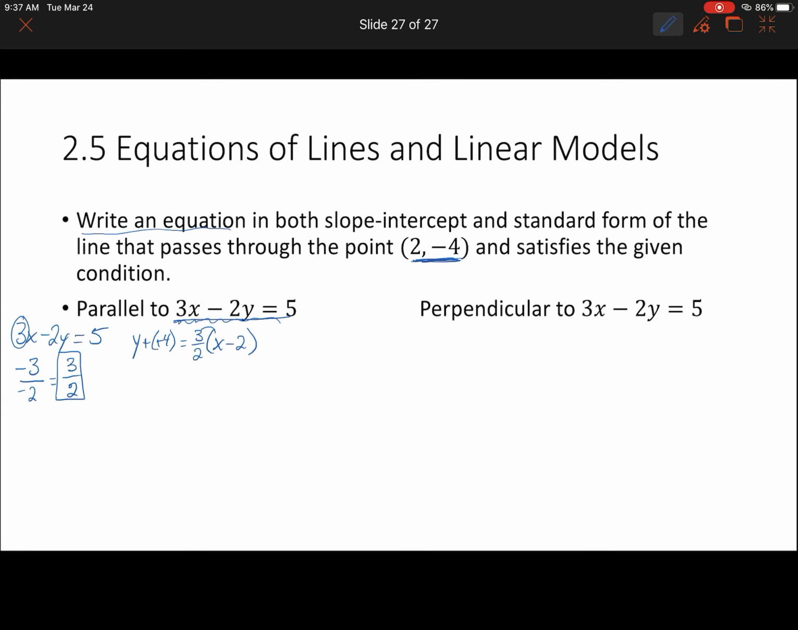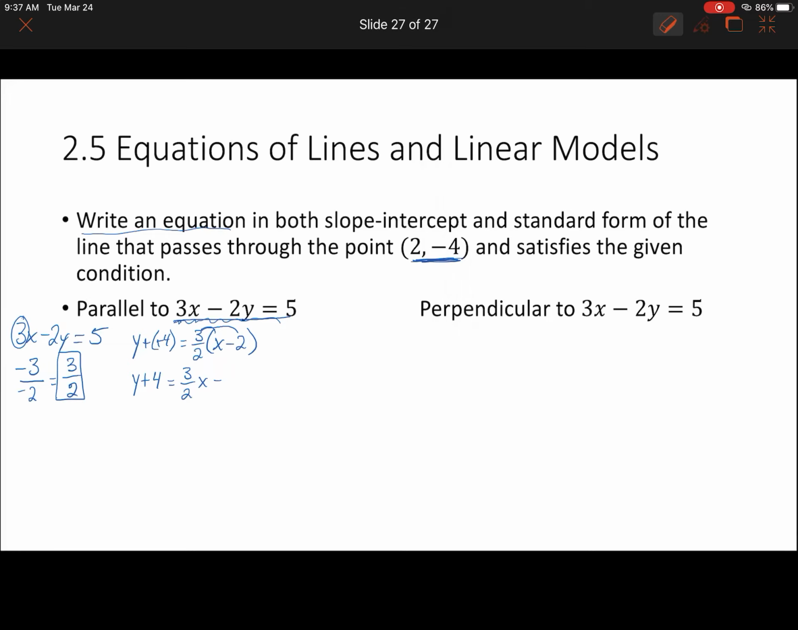First thing we're going to need to do, no matter what, is change that minus and negative to a positive. And we also need to distribute. Now, I'm going to go ahead and move this to slope-intercept form. So distributing is what we would need to do here. So I'm going to rewrite it as y plus 4 equals 3/2x